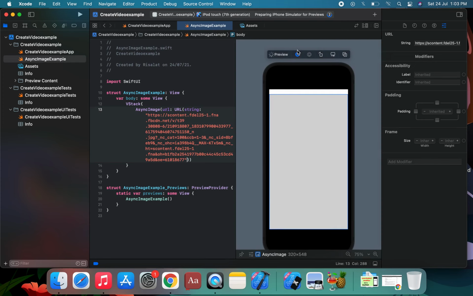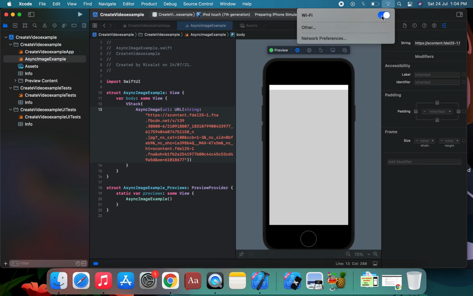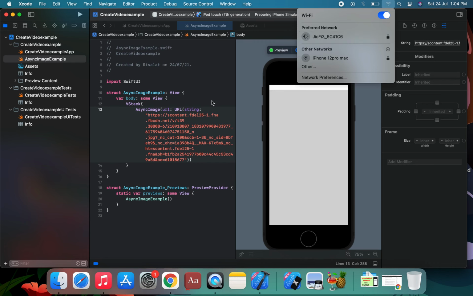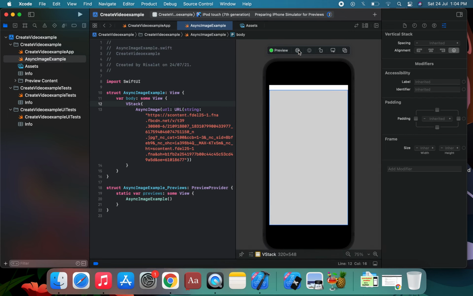We run the application and the image is loading. We need to open the internet connection, because it is not applying without one. SwiftUI has a dedicated AsyncImage for downloading and displaying a remote image from the internet, and in its simplest form you just pass a URL. We connect to the internet, check the image, and resume the application.